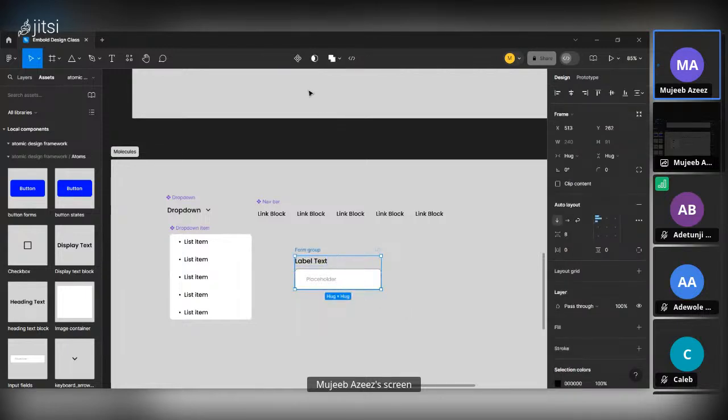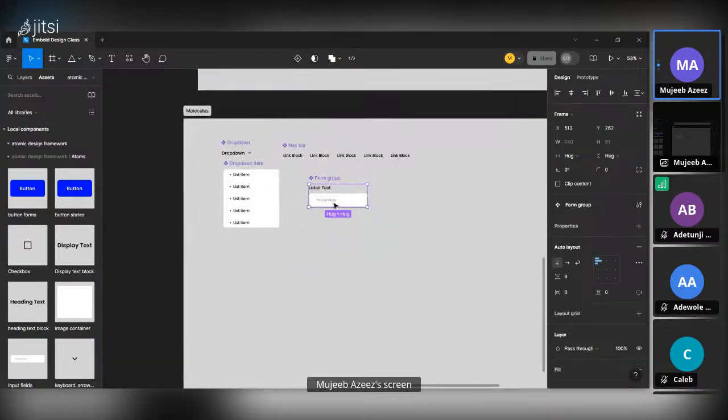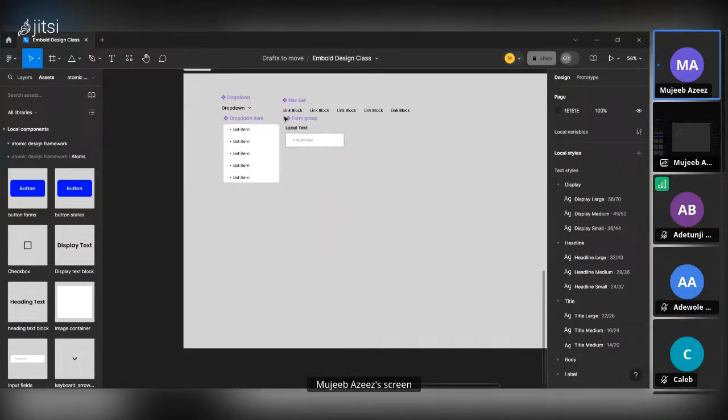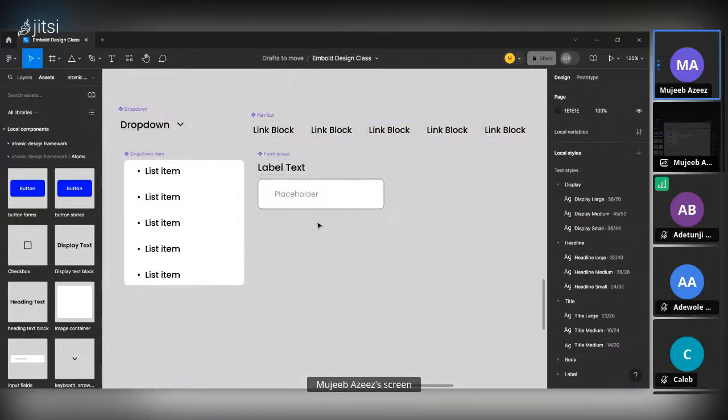So make it a component now, and you have your form group. This is our form group right now. We've created this out of two molecules. So now let's go ahead and create